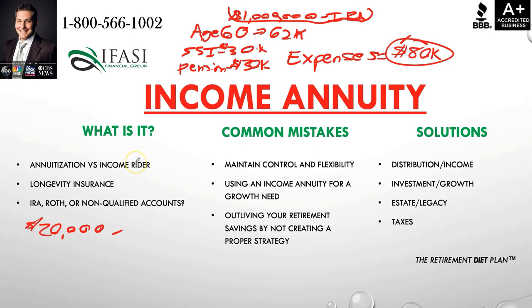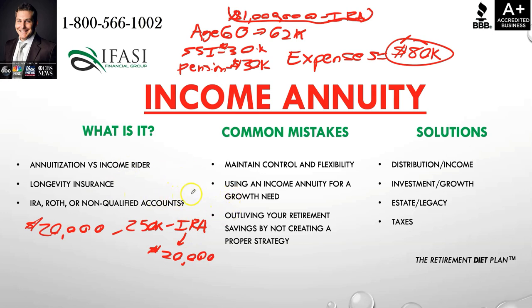So let's say somebody wants to maintain control, have a lifetime income stream and have a good product, in this example an IRA account. What they could do is take from that $1 million, maybe it might cost them $250,000 to place into an IRA income annuity with an income rider, and that will generate the $20,000 that's needed at age 62. It didn't cost them the full $1 million to risk that money and just throw it into an annuity account, which is a common mistake.